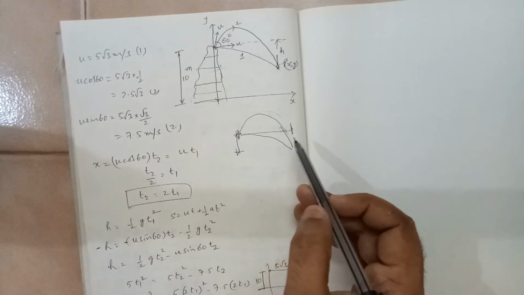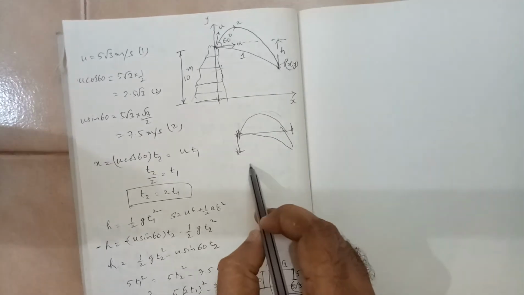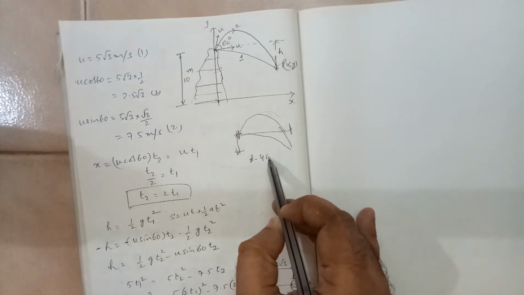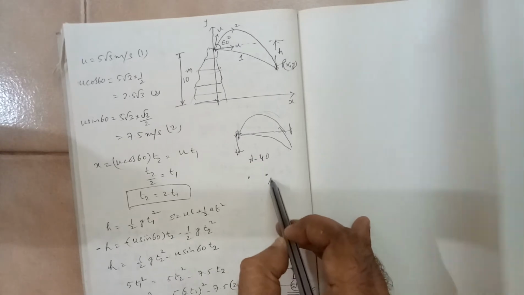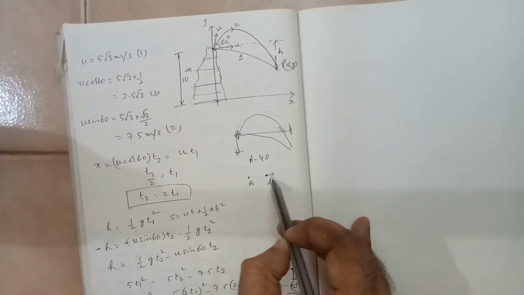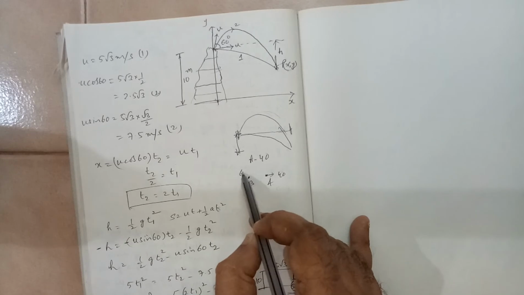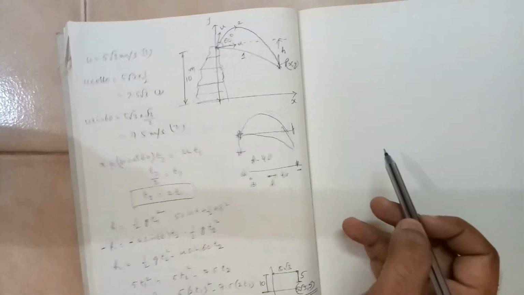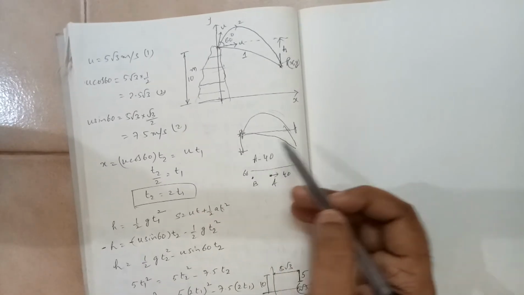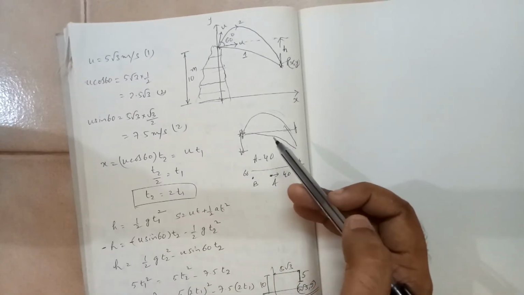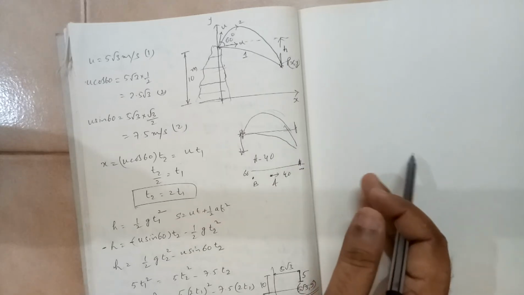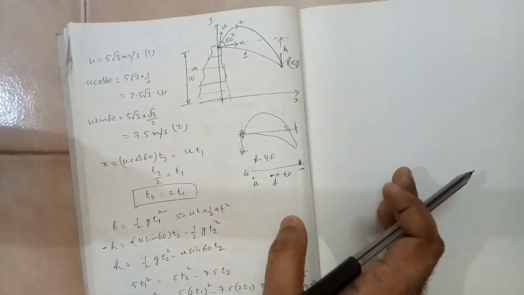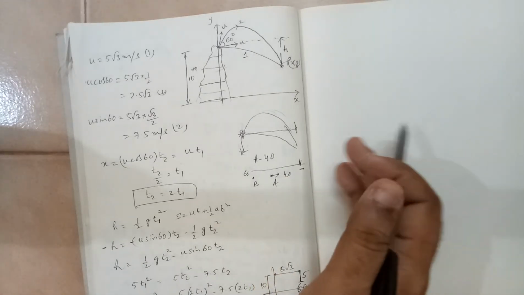If you want to imagine it in another way, car A is here, car B is here. Car A is going at 40 speed, car B is behind with 60 speed, and they are going to meet at a point. Is it possible? Yes, it is possible. So while framing equations, we have two bullets fired. We have to compare the x velocities and y velocities. We cannot compare x with y, and we need to frame the equations.